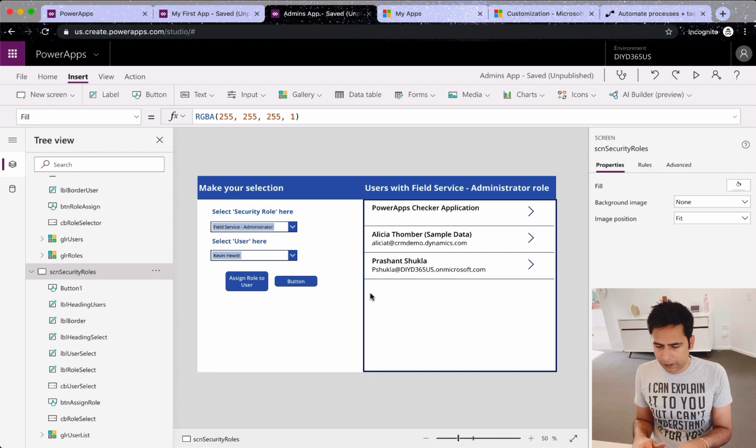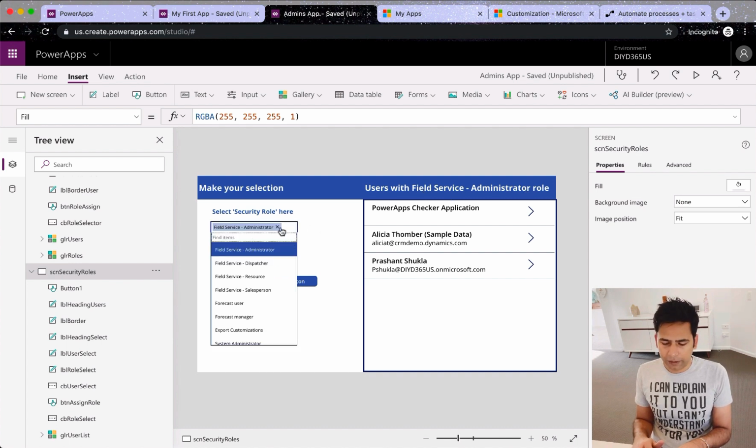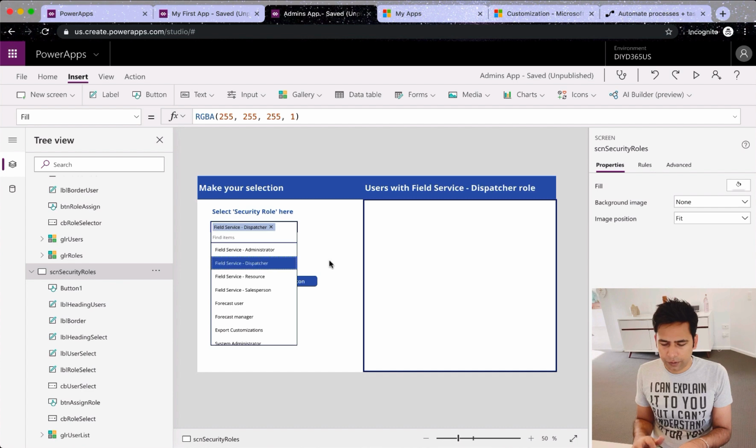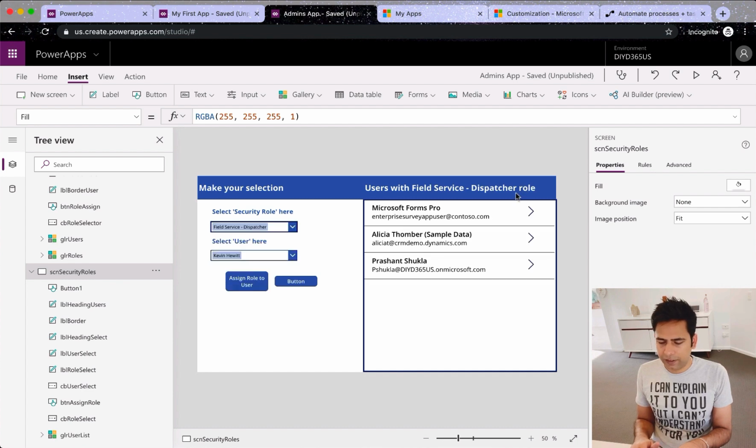All right, yeah. So you can see here it says users with field service admin role. Now if I change it to this, it changes here with field service dispatcher role. So that's what I meant by dynamic